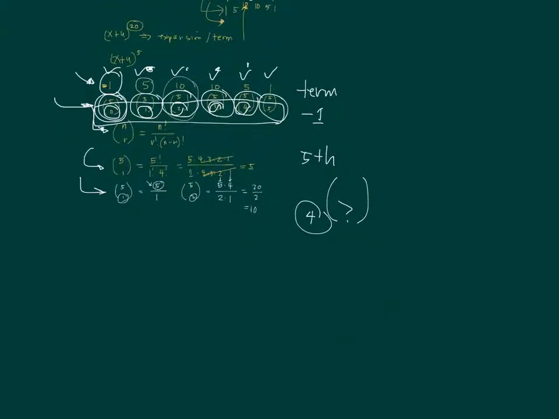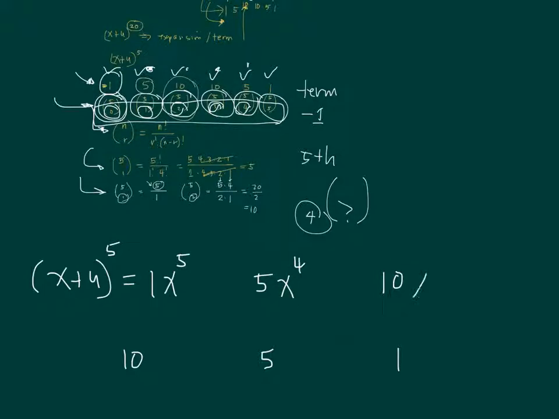So if I have to expand (x + y)^5, then this will be 1, 5, 10, 10, 5, and 1. And if you remember the pattern that we used before for Pascal's triangle, x starts with the fifth power, and then the fourth, and then the third, then squared, and x until there's no more